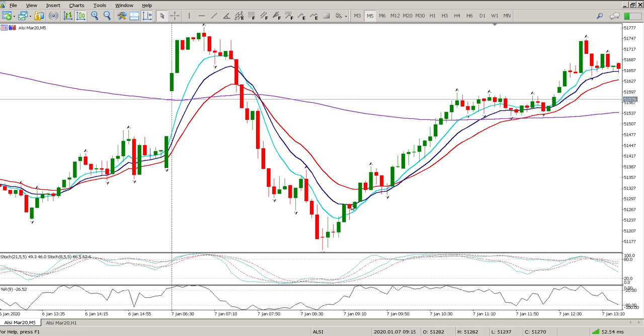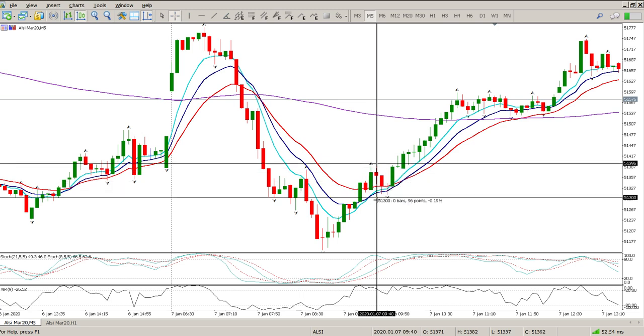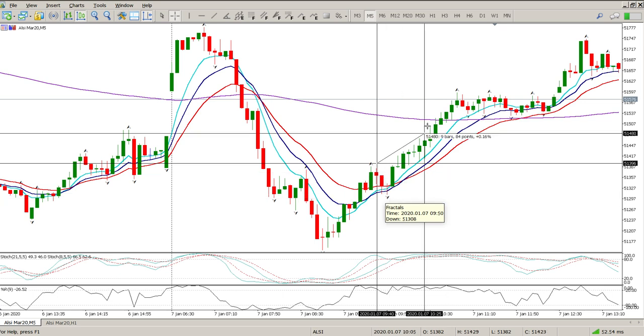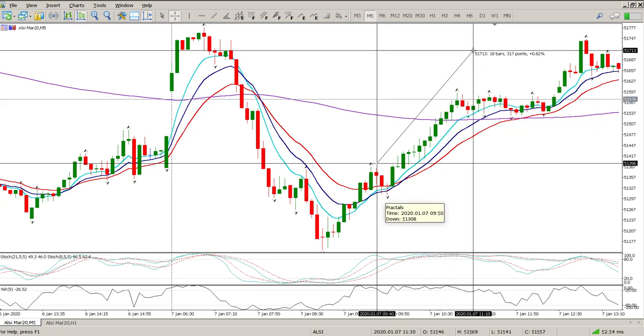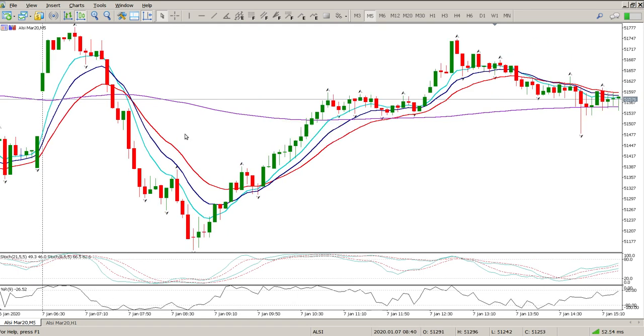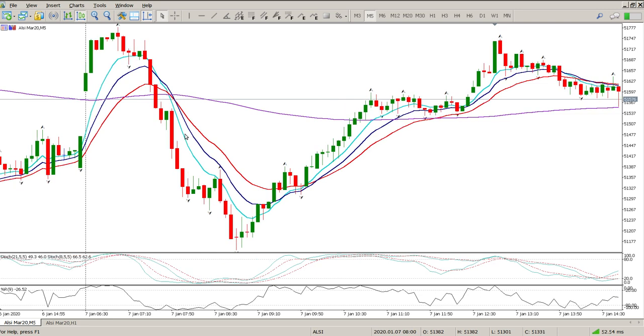But to the upside, you got to break up, you got to test there with some crossover starting to happen, and just look at what your entry would have been above this fractal here and stop below that fractal. So that's a 100-point risk, okay, for 300 odd points. So I think for me, the 5-minute chart at the moment on the Aussie is the one to be watching,